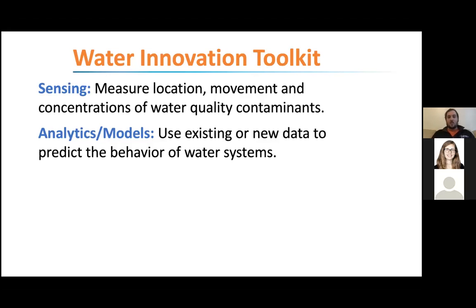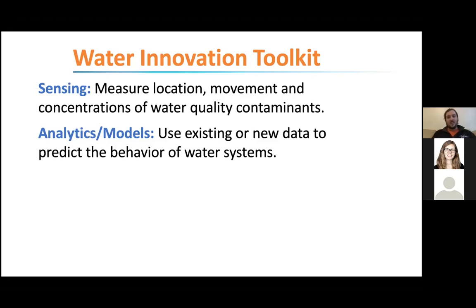So this might use existing or new data to predict what might happen or predict what's currently happening or guess what's currently happening in a space where we might not have real data to base our decision making off of. So these are two really key components or tools in terms of how we understand what's going on and gather information about water resource